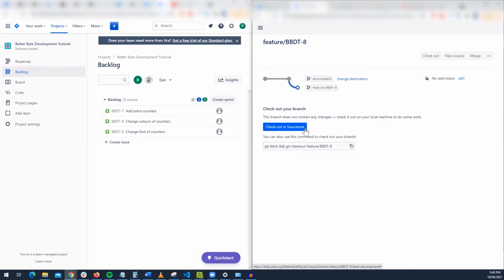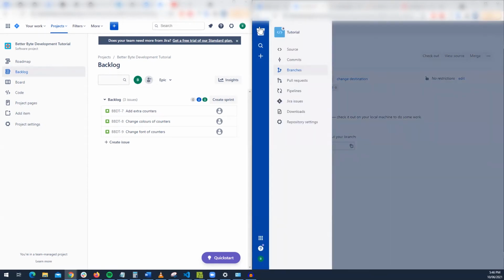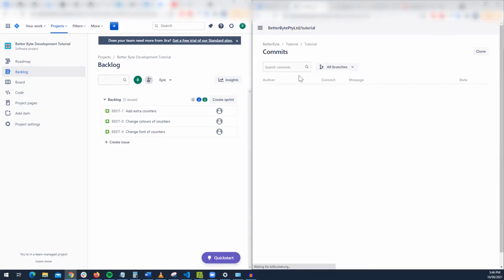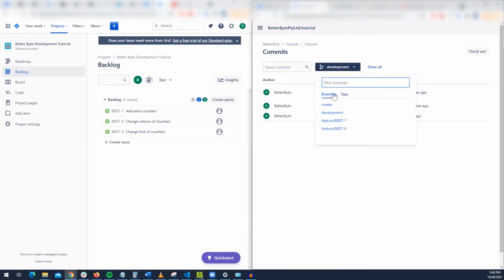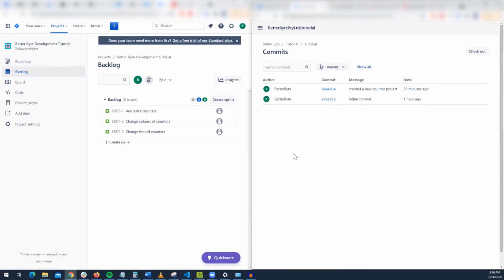SourceTree is an application that you can set up on your desktop to give you a visual layout of your repository. If you go to, say, commits, that does show you sort of a graphical view. At the moment it doesn't really show you how they're connected, but